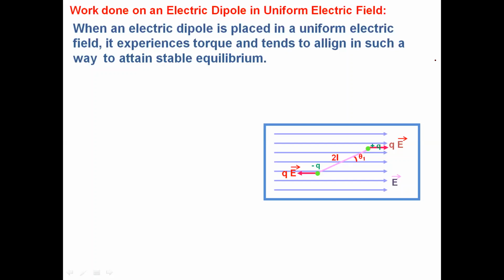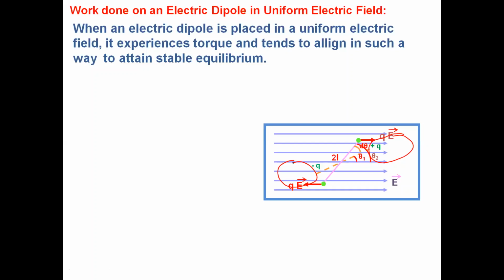But when you look at the forces, the lines of action of these two forces are different. They are not acting on the same line, right? They are acting on different lines. As a result, these equal and opposite forces can produce a rotational effect on the dipole. That is why we call this pair of forces a couple. Clear? Let us take the initial angle between the dipole and the electric field as theta 1. If you want to rotate this dipole through a small angle d theta, let the final angle be theta 2.